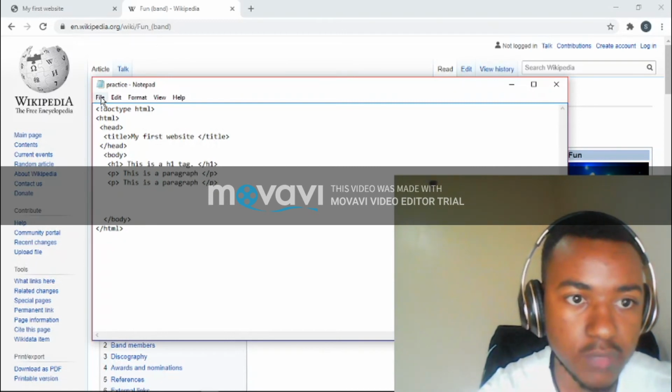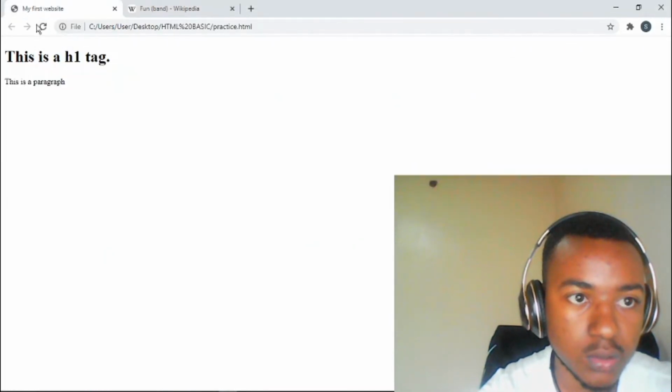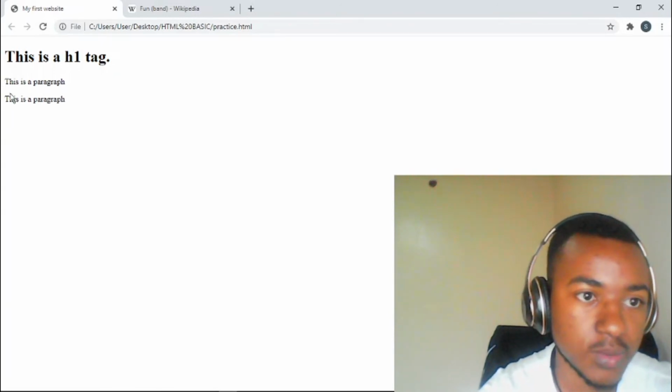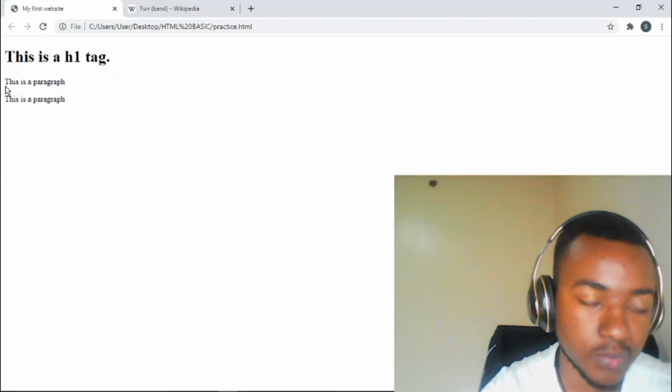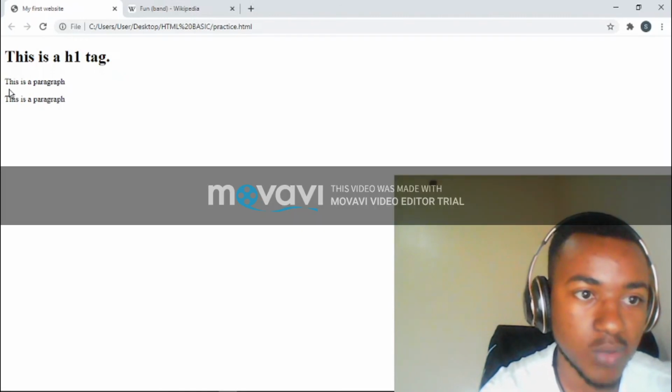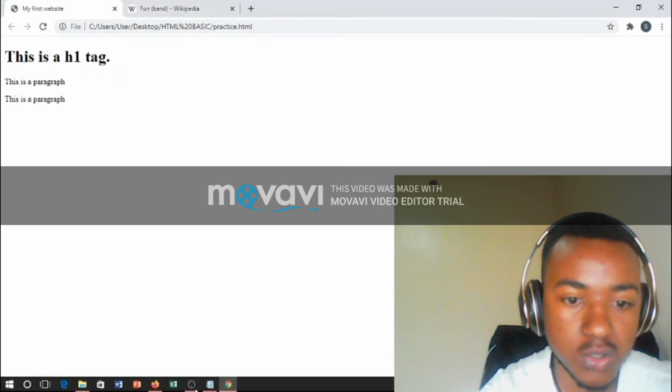So if we save this and refresh our page here, we have this big gap here. We don't want that. Sometimes, for example, you're writing lyrics, and you want it to be tight and closer. You don't want this gap, but you want it to be down here. You can introduce